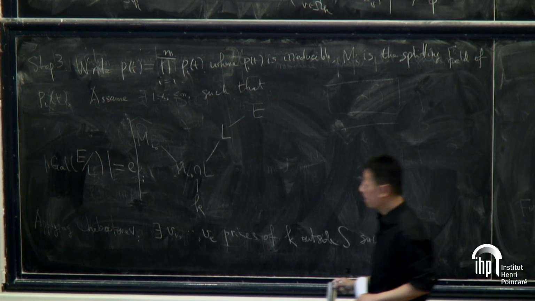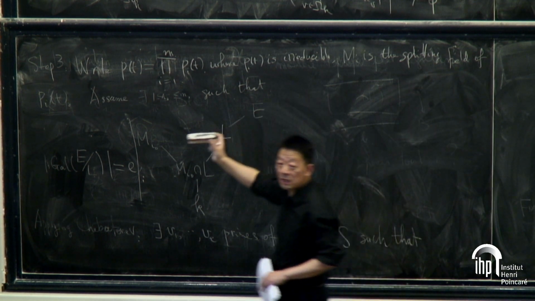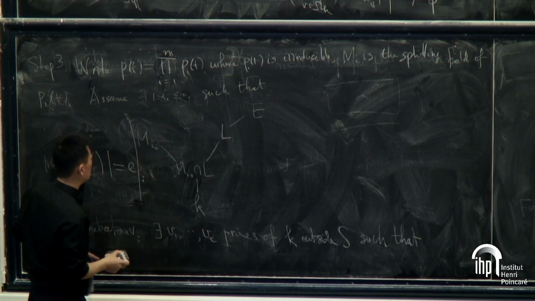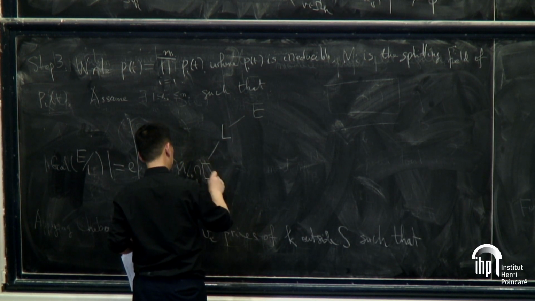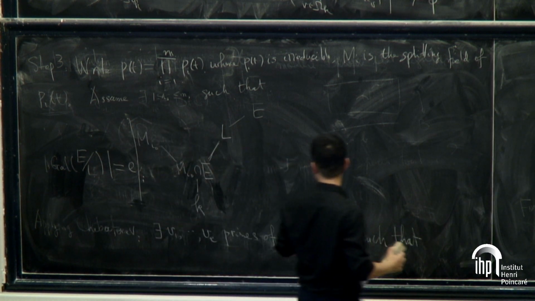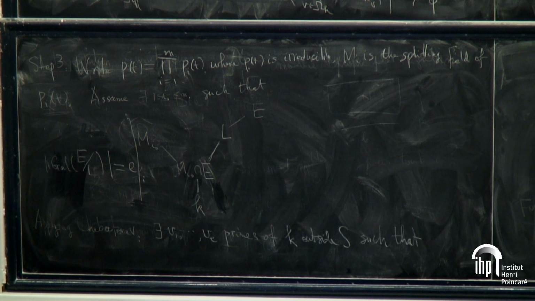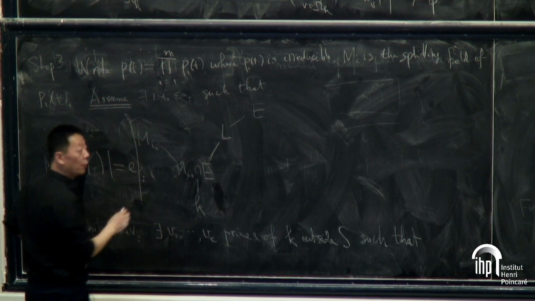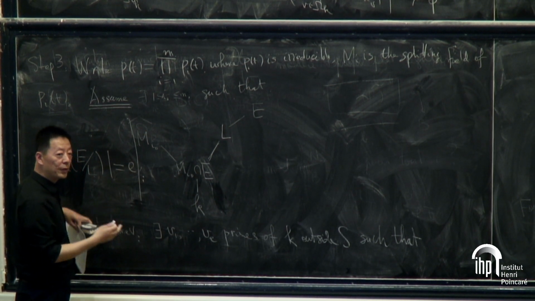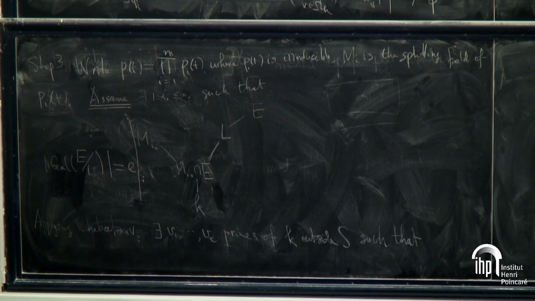Excuse me? It's a splitting field of this P_i. Oh, with E. Sorry. With E. Right. This is an assumption. I assume. I always, for simplicity, I assume. Okay? It's not always true. But I just wish to present my ideas. But this assumption can be gotten rid of eventually.